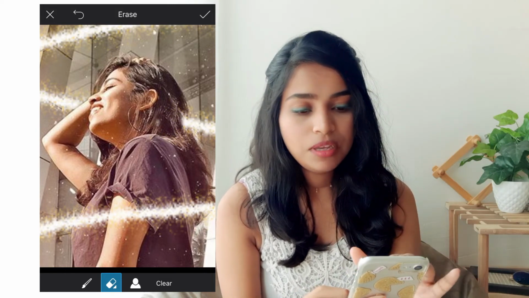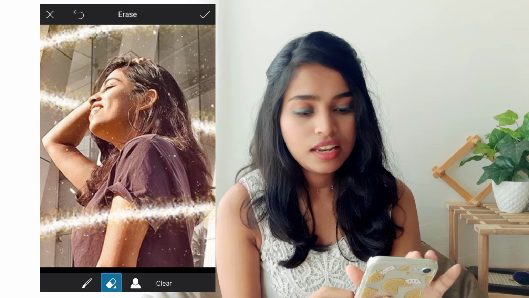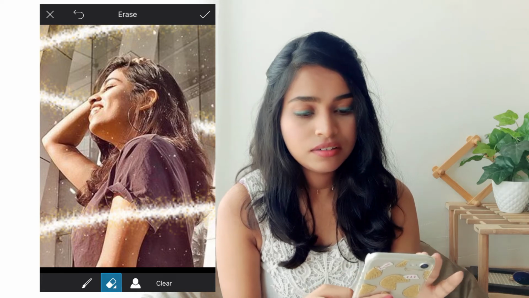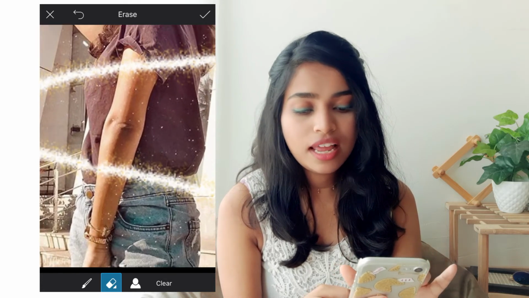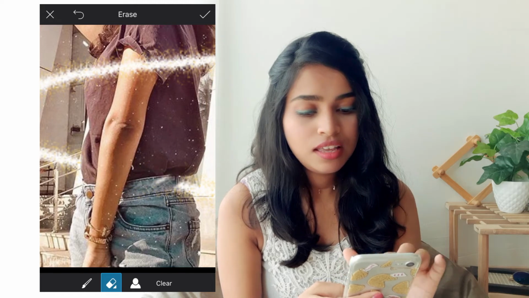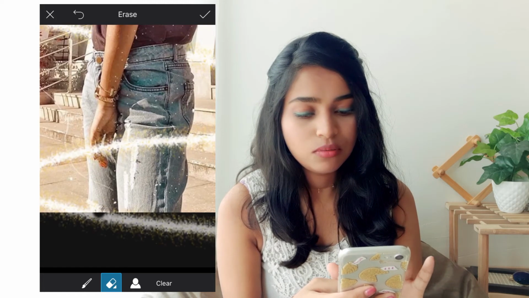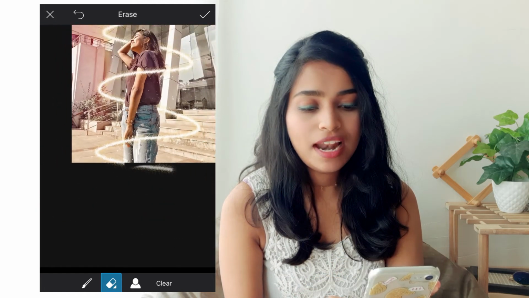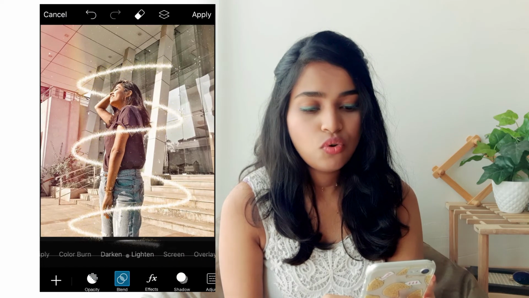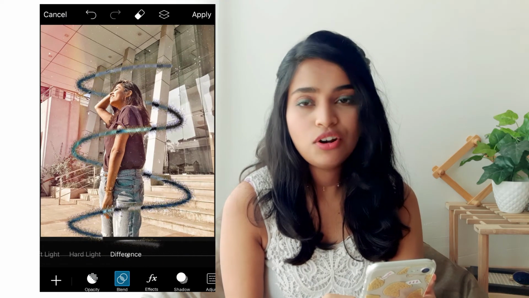I'll show you what I mean by that. You can erase this part, and then you keep the other one and then erase the next one. Keep this one, erase the other one. You can see the blend and all option to make it pop, to make it blend onto the screen,